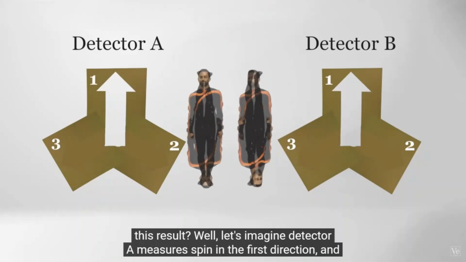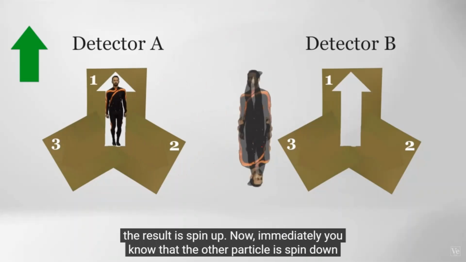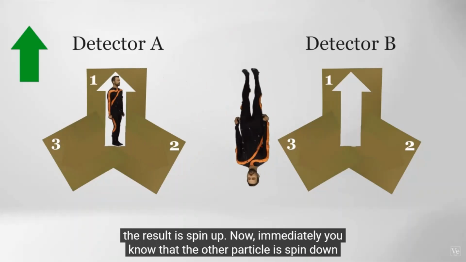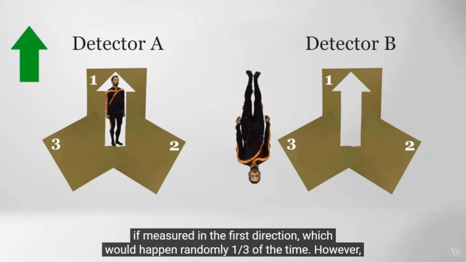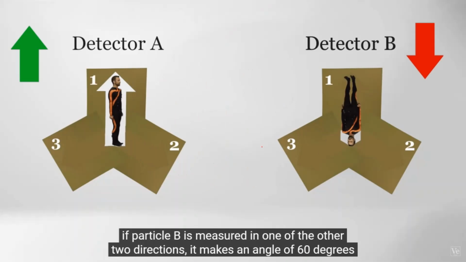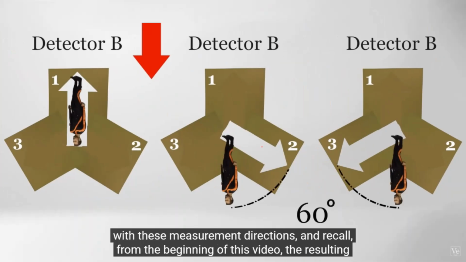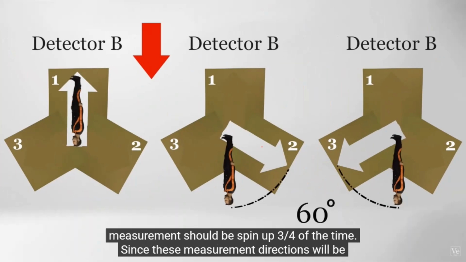Well, let's imagine detector A measures spin in the first direction and the result is spin up. Now immediately you know that the other particle is spin down if measured in the first direction, which should happen randomly 1/3 of the time. However, if particle B is measured in one of the other two directions, it makes an angle of 60 degrees with these measurement directions. And recall from the beginning of this video, the resulting measurement should be spin up 3/4